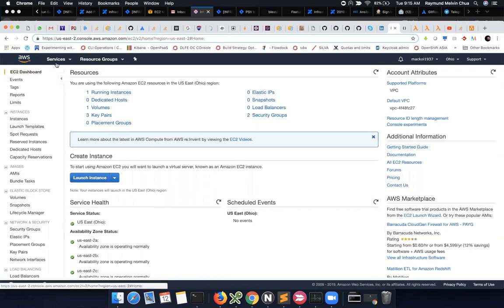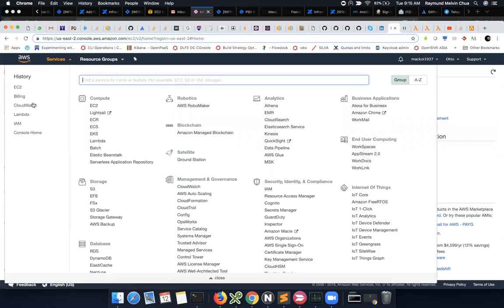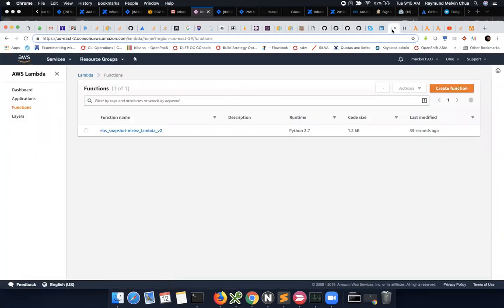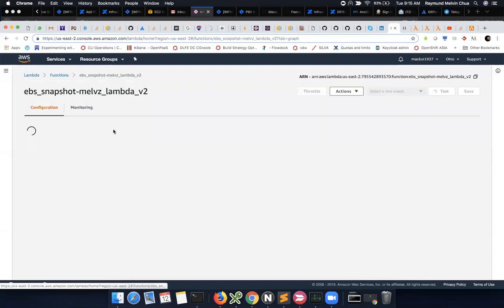So let's validate. We should be expecting a Lambda function to be created, right? Based on the diagram of our script, of our project. Oh yeah, so we clicked on the Lambda function menu and we found this one. It was created like 59 seconds ago. Okay, just for validation, a minute ago. Okay, so let's click on that to see the specifics,